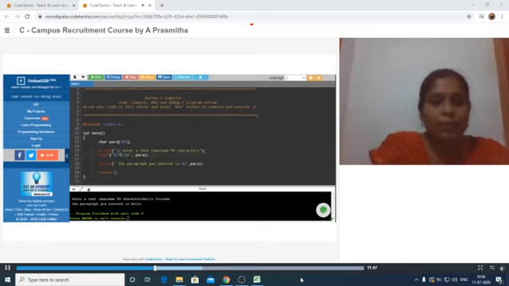That is the meaning of this particular statement. So this scanf statement is going to accept all the characters up to 99 characters except the tab. When you press the tab key, automatically it will stop accepting the characters.